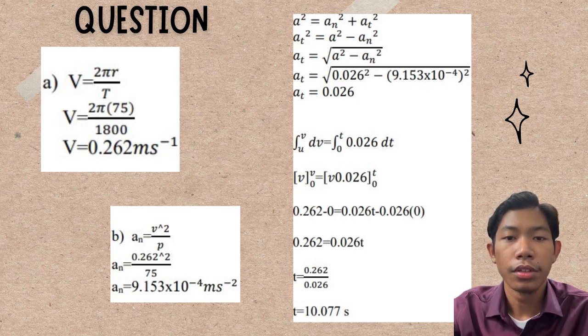Then use the formula, integration of v, calculate and rearrange as usual. Lastly, we get the final answer. The time taken for the wheel to get maximum velocity is